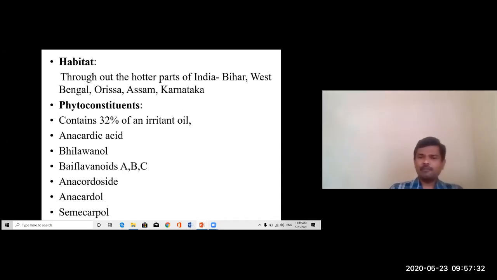The Ballataka phala contains around 32% of an irritant oil.